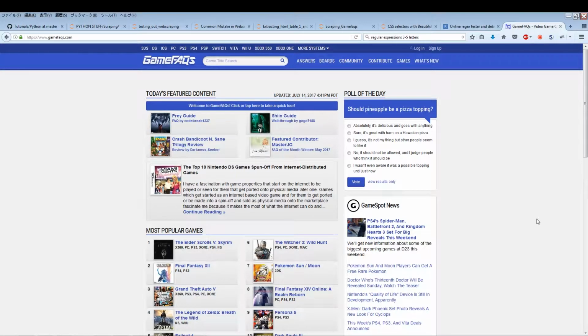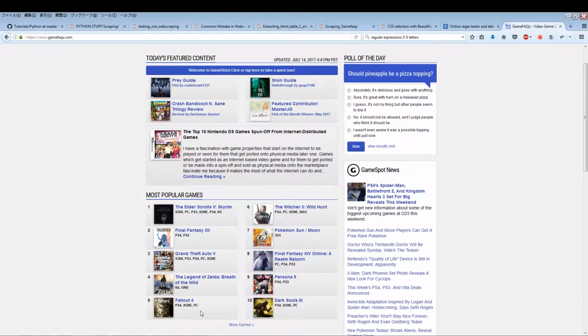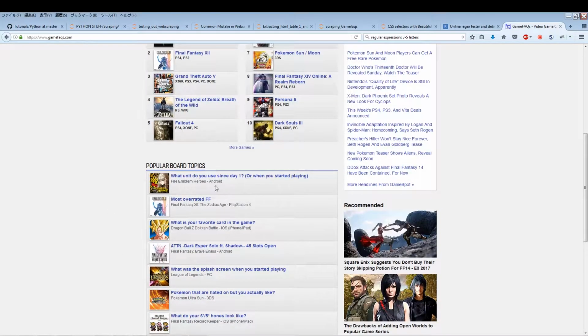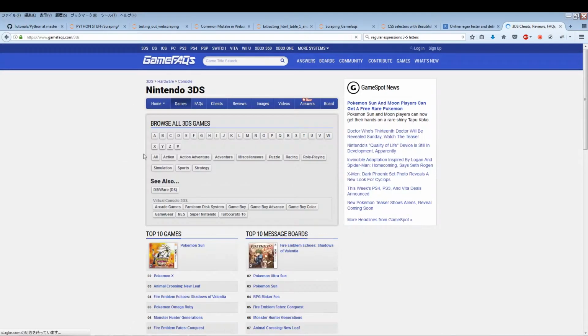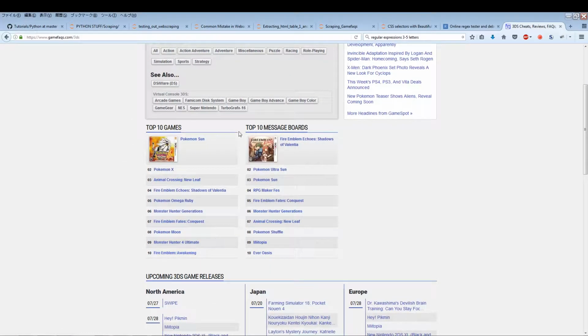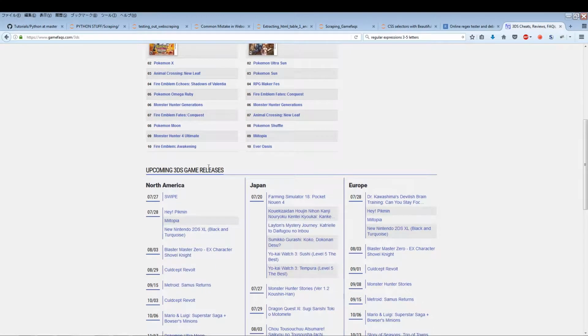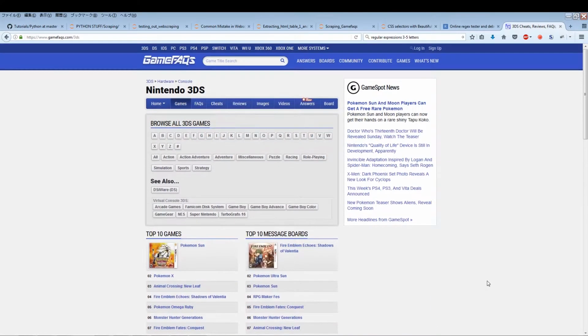So this is the website. It pretty much has a list of the most popular games. It also has message boards. And if you're interested in different systems, each system has its own dedicated web page. So if you go to 3DS, they'll have top 10 games, top 10 message boards, and also upcoming game releases. And you can actually navigate through their FAQs and a bunch of other tabs. So let's just go back to the original site,